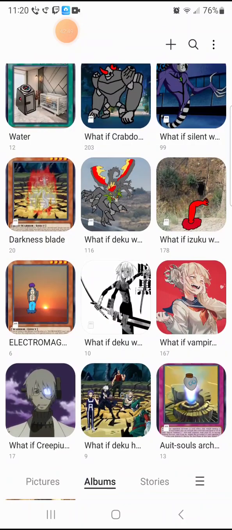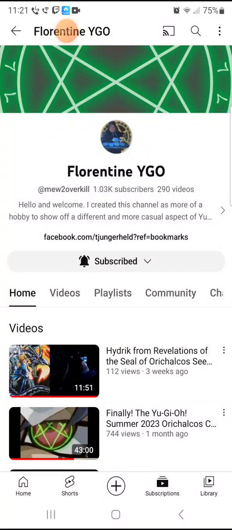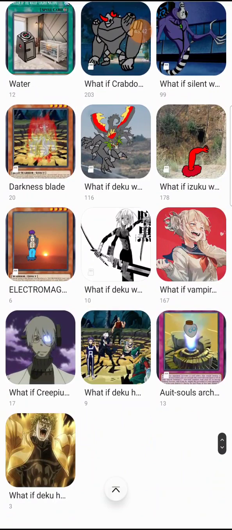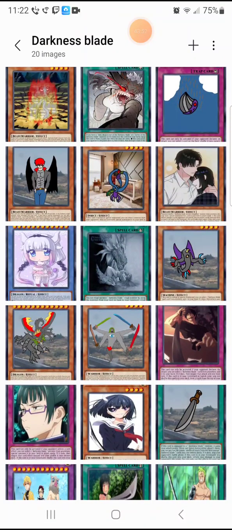So if you guys want me to duel him, I'll be happy to do it. Because he needs to duel against me. I already dueled him once and I lost twice, when I was using my Seal of Darkness archetype. Yes. But if you guys want me to duel him again using the Darkness Blade archetype, because each one of them is stronger than the...